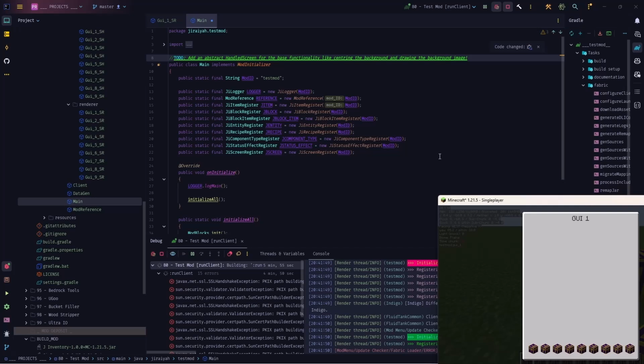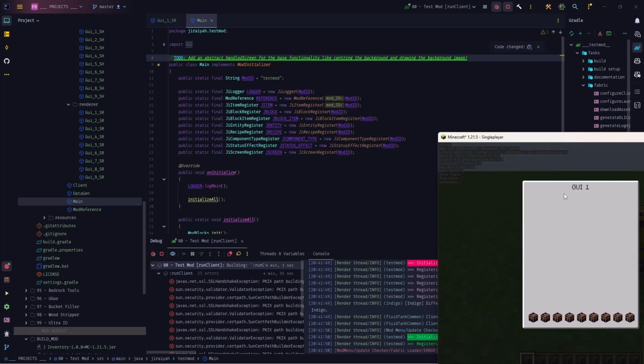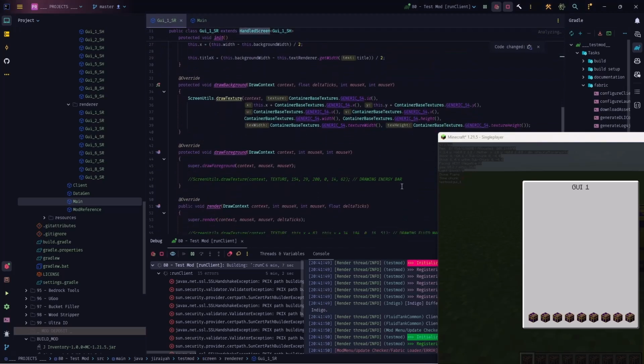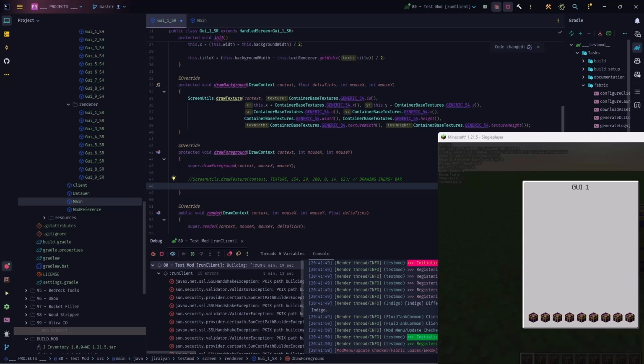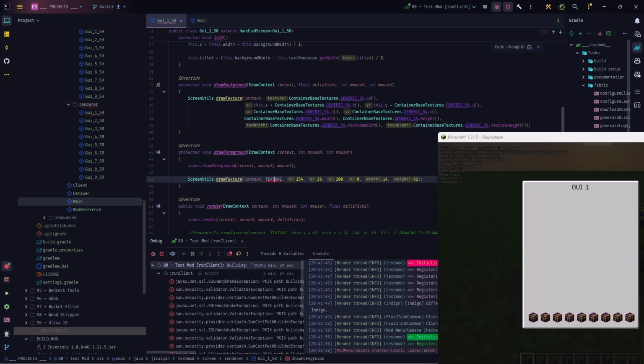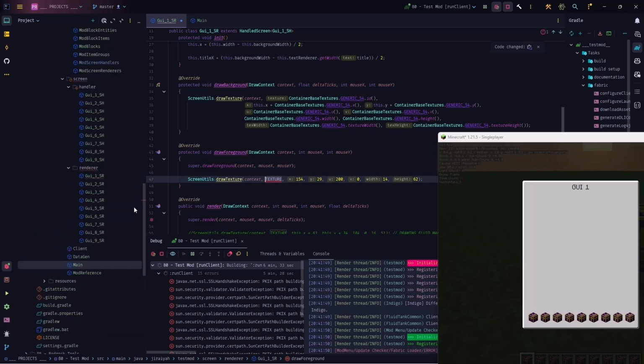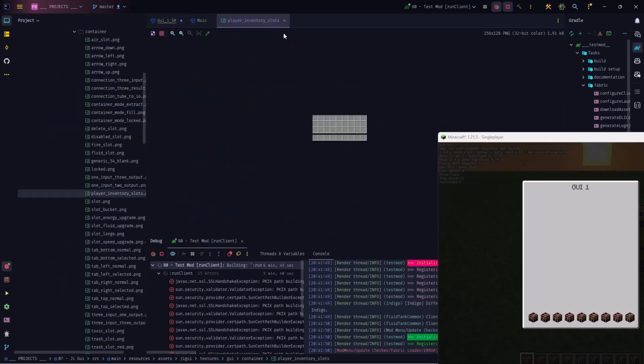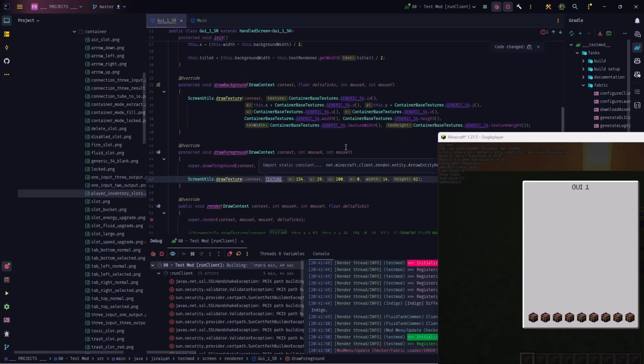So I will move it to the side, and I have to add a little space on top and bottom because now I want to test the very first thing that will be troublesome for me at least, and that is tabs. Drawing tabs is hard. Of course, I can draw a foreground, for example, the player inventory, so I will uncomment this line, and here we will have our textures. I think I have the player textures somewhere on the container, player inventory slots. So I will say the container base textures dot player inventory, and for that I need the